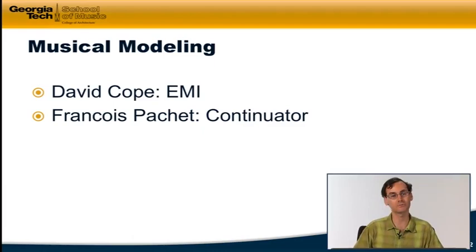And this actually carries forward from some of what we looked at in the very first video in this module, when we looked at the Iliac Suite by Hiller and Isaacson, and that generate and test paradigm, the way that they were encoding different rules about composition into their software, and getting the output to follow those rules, whether it be counterpoint or voice leading or whatever. I want to look at two more recent systems right now to show you where these ideas have come in the field of algorithmic composition. So we're going to look at David Cope's system called EMI and Francois Pachet's system called the Continuator.